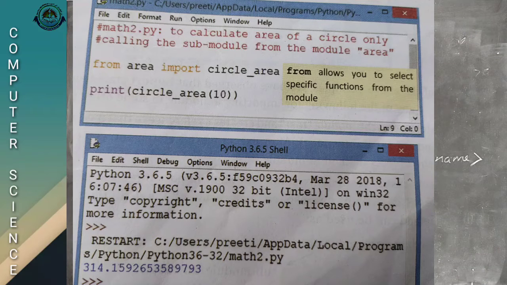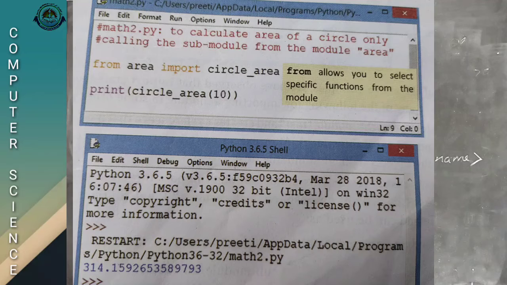What is 10? Radius. The equation for the area of a circle is pi r square. What is its output? Did you see? 314.1592 something. That means pi r square, 3.14 into 10 into 10. The value of radius is 10.